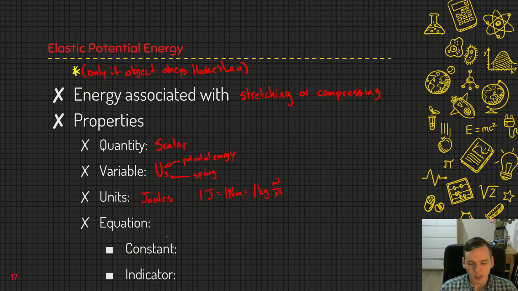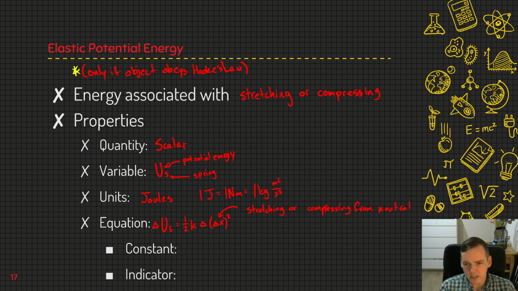The equation for elastic potential energy, and again, we always have to look at changes, is that the change in elastic potential energy is equal to 1/2 k times the change in x squared, and this is a little bit weird, where delta x is the stretching or compressing from neutral. So in other words, if I